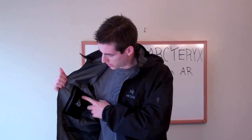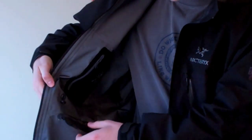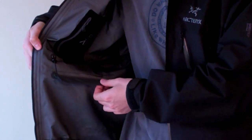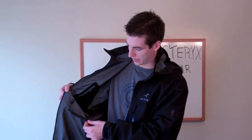So, looking at the inside of the jacket, there's another small pocket in here with, very cool, in Greek letters, Theta AR. And there's also what I like to call a poor man's powder skirt. They have another jacket, called the Sidewinder, I believe, and it's kind of their dedicated ski jacket. It has the Recco reflector, the thing where people can find you if you get lost in an avalanche, but it has a full powder skirt, like you'd see on a full-blown ski jacket. Well, this is what I like to call the poor man's powder skirt here,